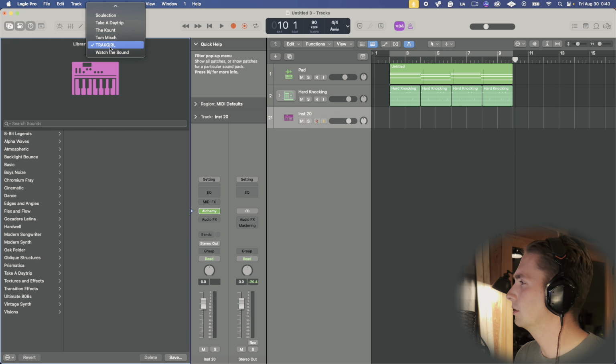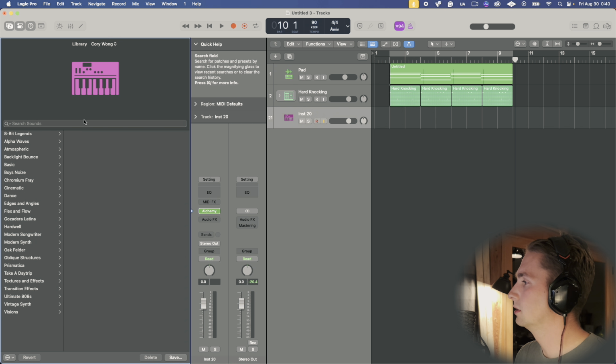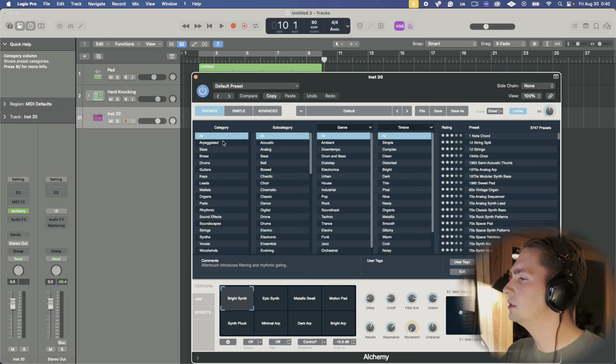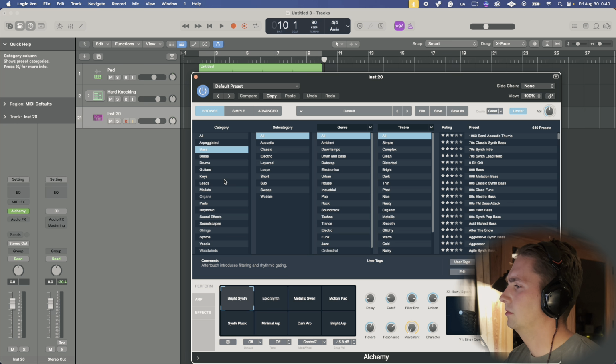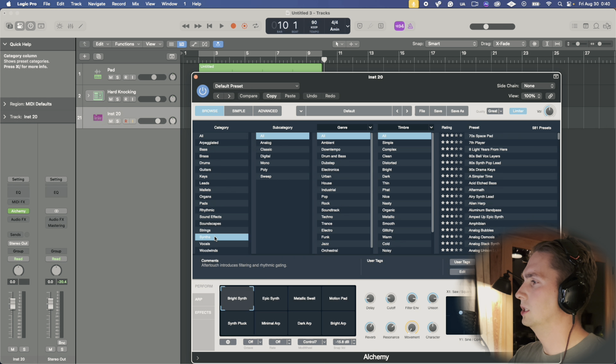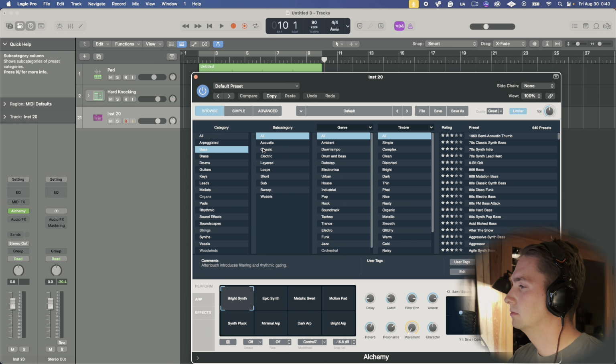Let's see what Corey Wong has. Let's just go ahead and go in. Alchemy's menu. We want bass. Or do we want synth? I think bass. Bass. Electric sub. There we go.